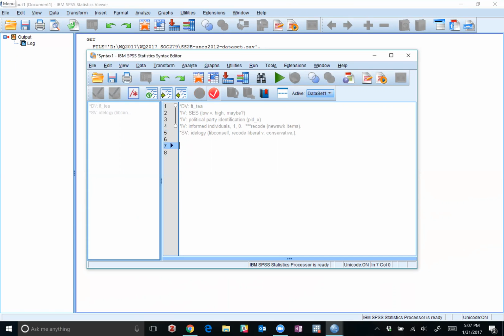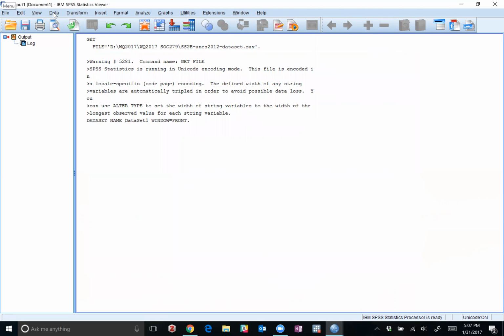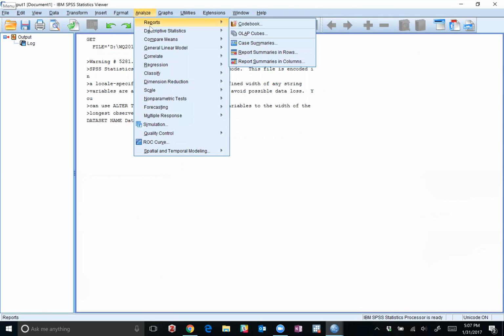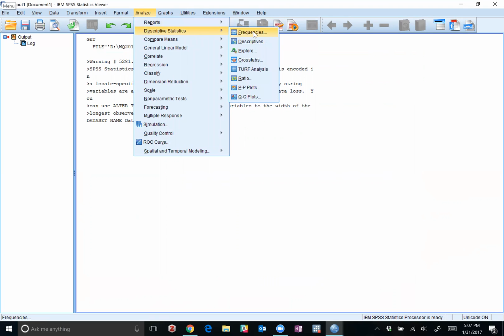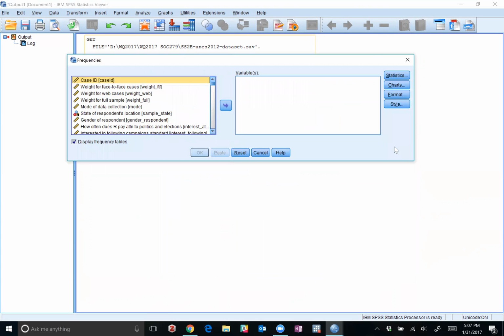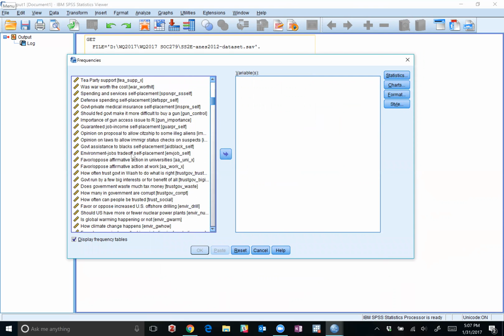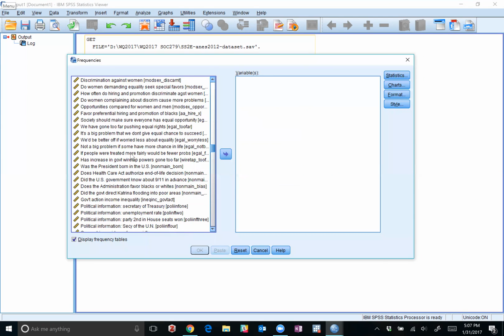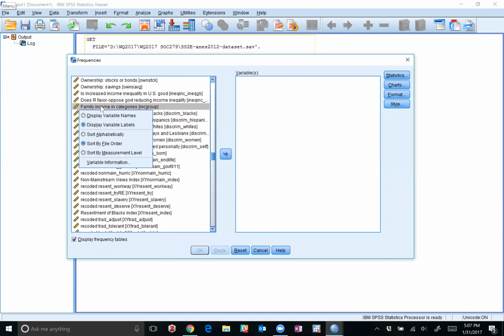All right. So this is how I'm going to start. These are just some notes I made to myself. Once I have the data set open, I'm going to start with the frequencies so that I can figure out which variables it is that I am interested in. So I go up to Analyze, Descriptives, and Frequencies. And if I'm trying to remember which one SES is, it's something like dem